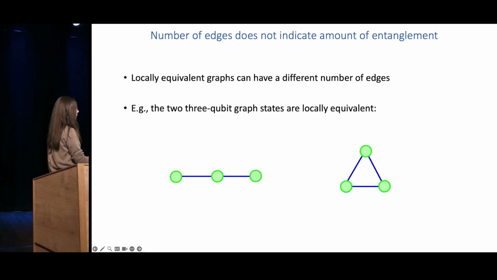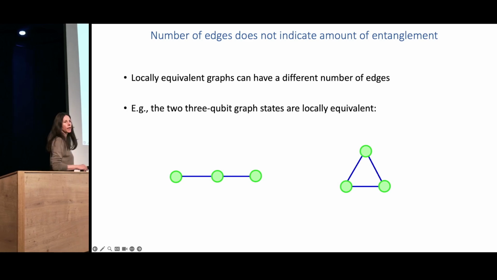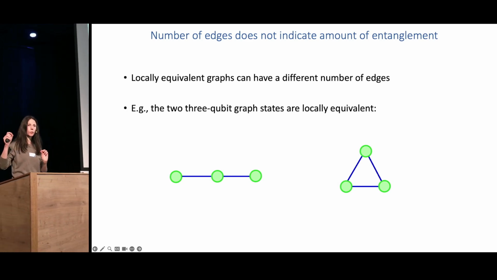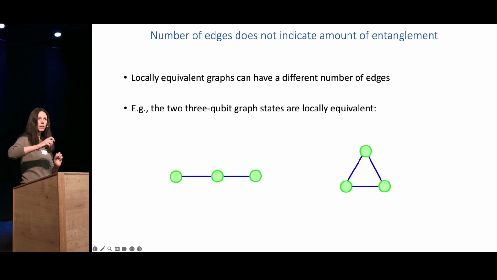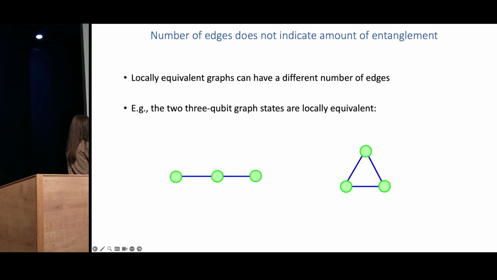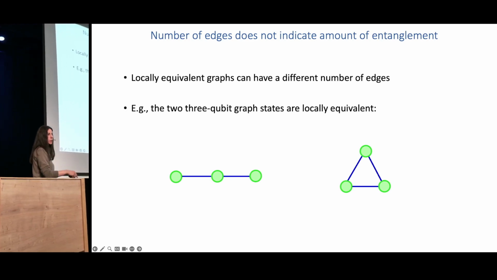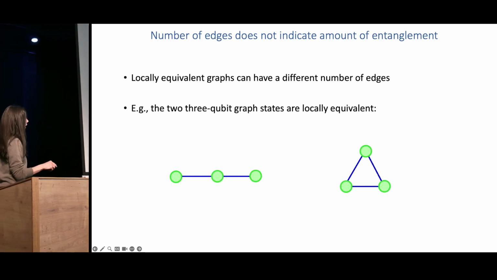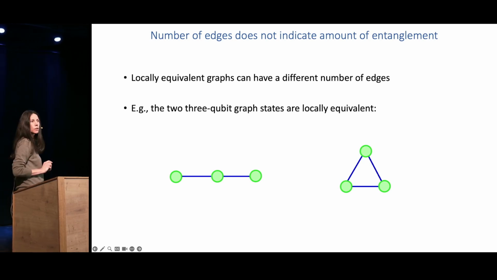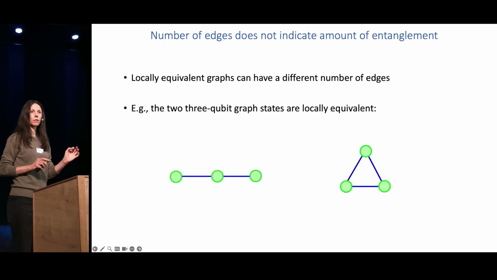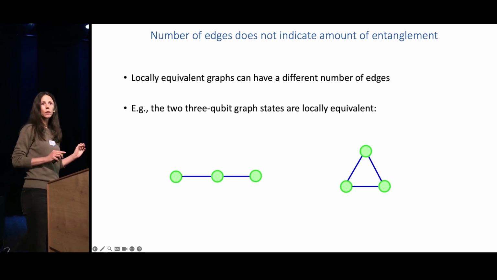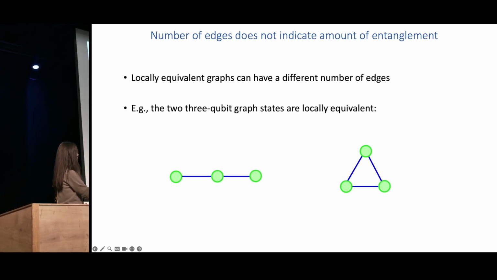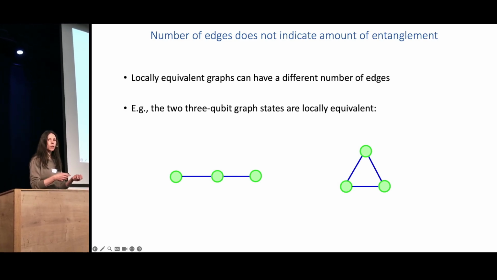Let's look at this state that only has 2 edges, and this state that has 3 edges. If I were to construct this by putting every qubit in state plus and then doing CZ gates, I would indeed need 2 CZ gates here and 3 here. But there's equivalent ways of making these states that do not require that. Actually, these 2 are locally equivalent, which means I can do single qubit gates and go from the one to the other. So both the visual of having 3 edges here versus 2 and the constructive definition are